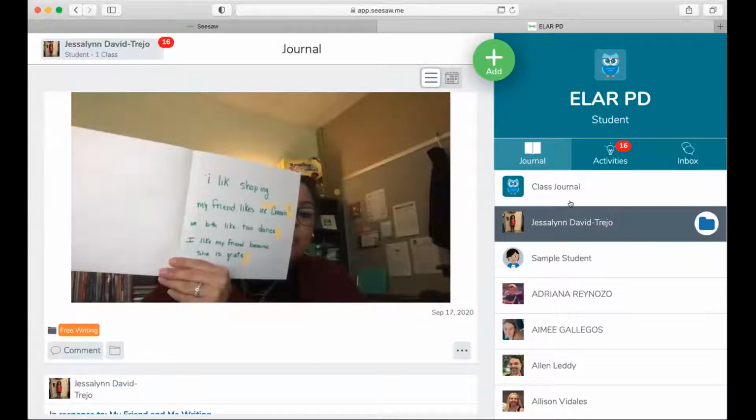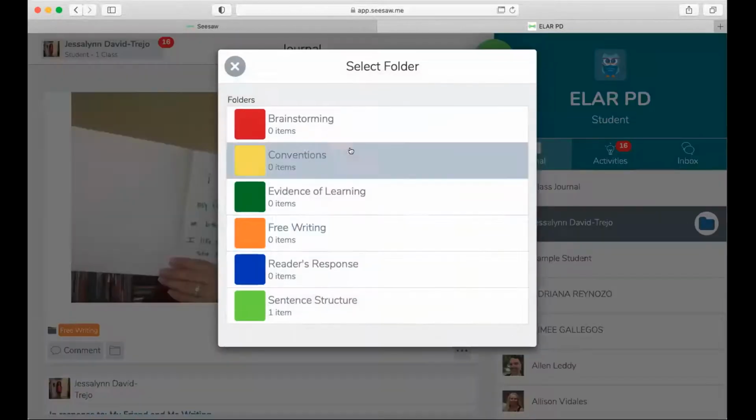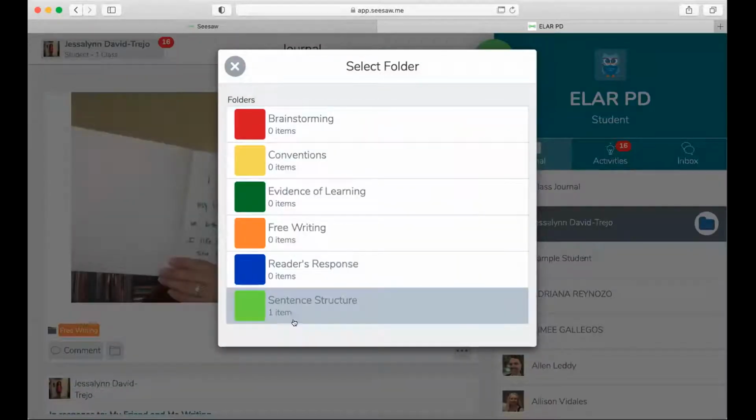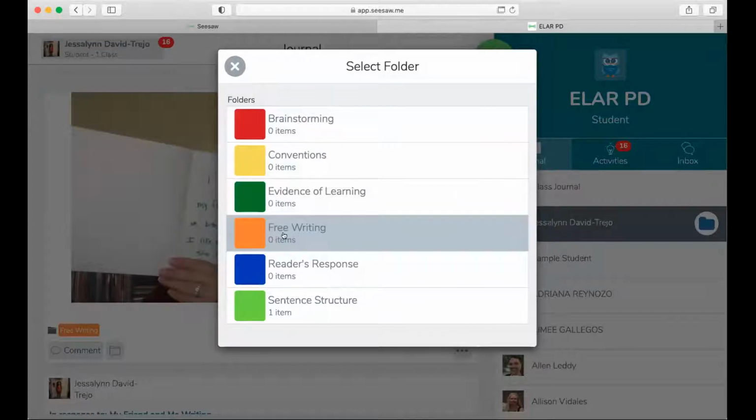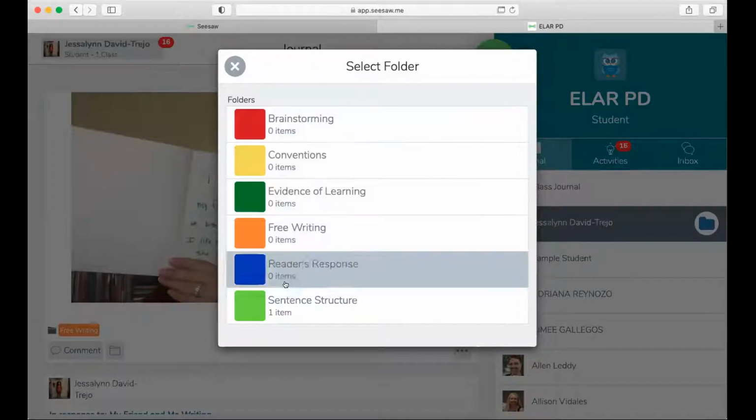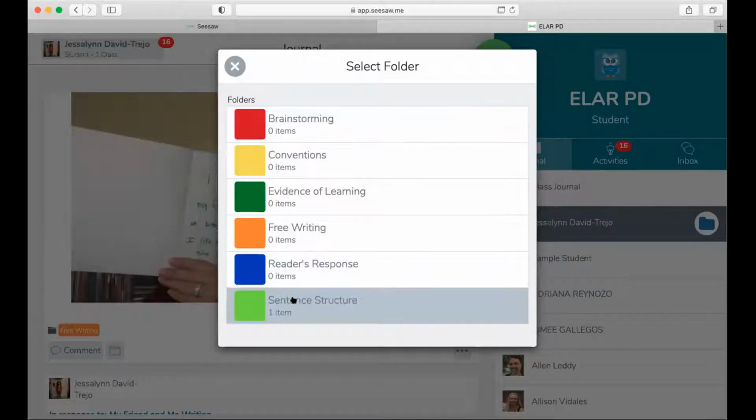And then they can also see how many entries they have of everything. Notice that I have just one assignment in my sentence structure, but I have no other ones, right? And it's not showing up in free writing yet because my teacher hasn't approved it. So this is where you can sort and stay true to that journal, okay?